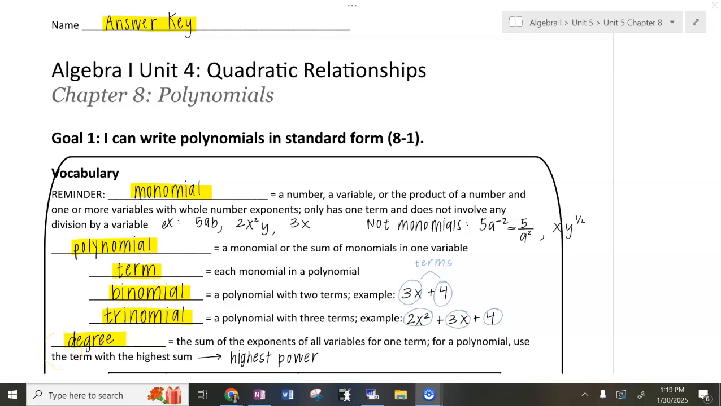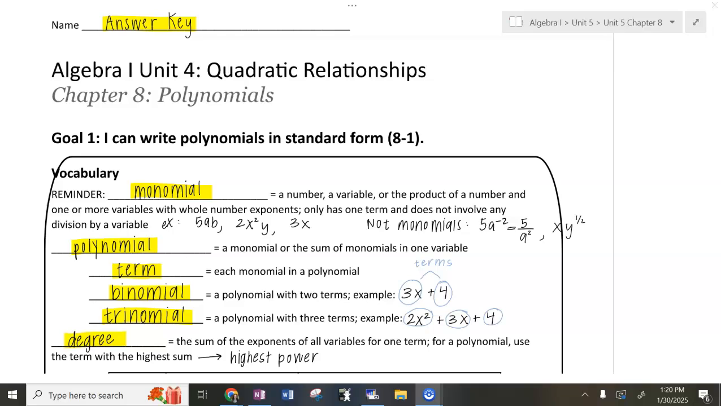Hey girls, today we're starting chapter 8, which is all about polynomials and how it relates to the last chapter, chapter 7, which dealt with exponentials, is that we're still dealing with monomials, which are, as a reminder, numbers or